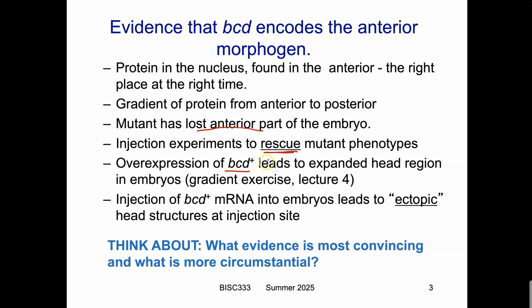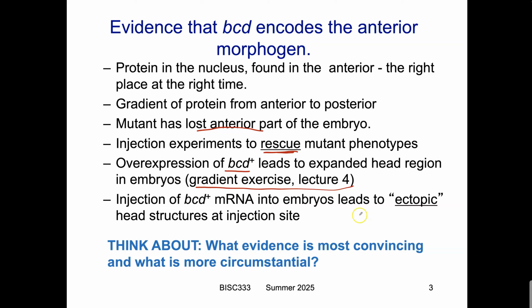And then if you overexpress bicoid, you get an expanded head region. And once again, go back to that gradient exercise in lecture 4 and think about how when you change the amount of the signal in that sort of theoretical model, you can change the relative proportions of the outcome of the different structures. And then if you put bicoid messenger RNA into embryos in the wrong place, like not up at the head,